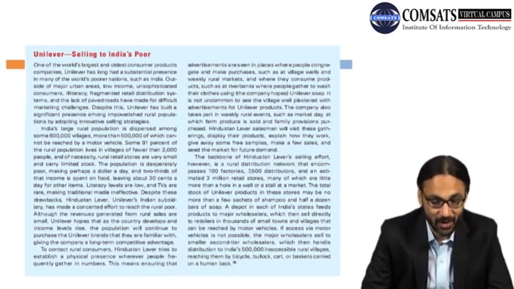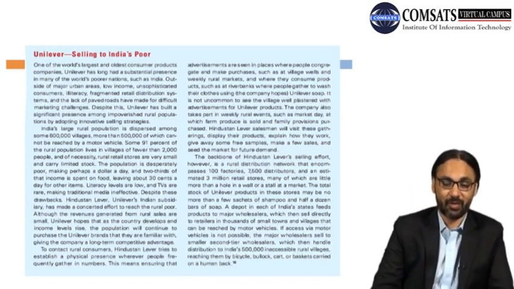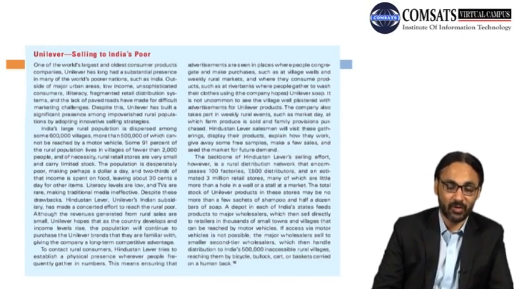Despite these drawbacks, Hindustan Lever, Unilever's Indian subsidiary, has made a concentrated effort to reach the rural poor. Although the revenues generated from rural sales are small, Unilever hopes that as the country develops and income levels rise, the population will continue to purchase the Unilever brands they are familiar with,